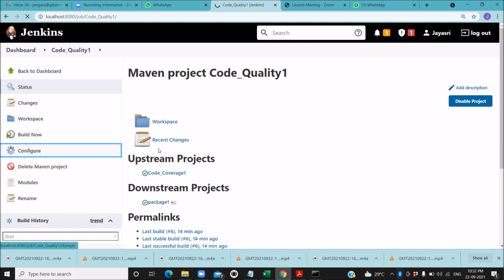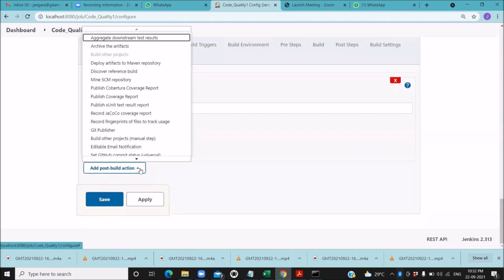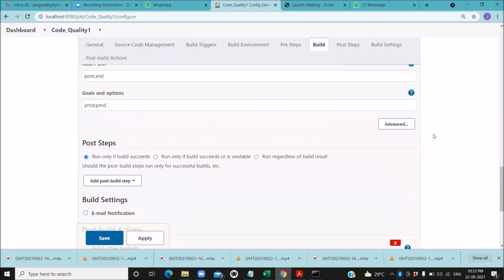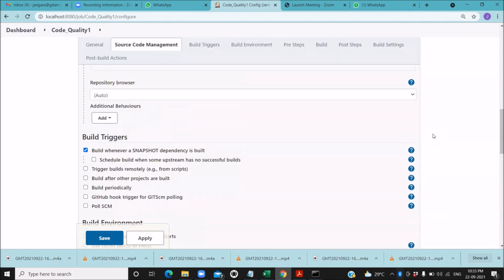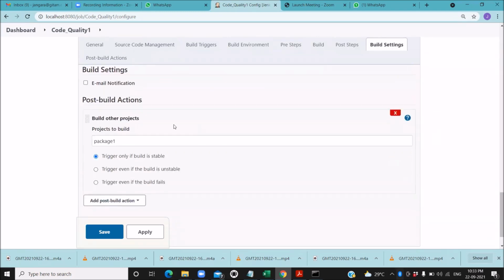Go to configure. So here, because we already did build other projects, we need to provide package 1 as the next job that has to be executed, and click on save.